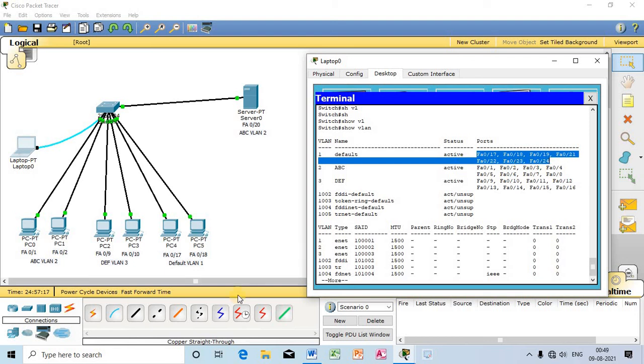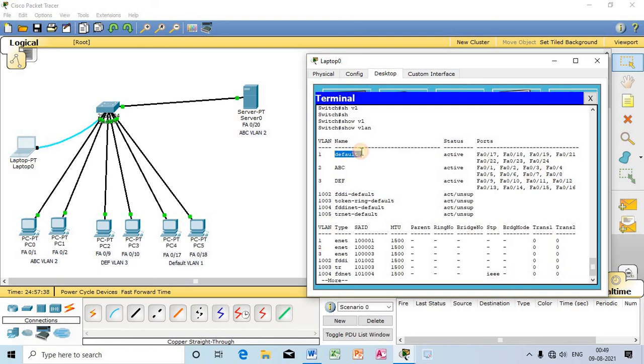So now all 6 computers connected to the separate VLANs can access the server. Why? Because this particular server is connected to port number 20, which has become a friend of all 3 VLANs.